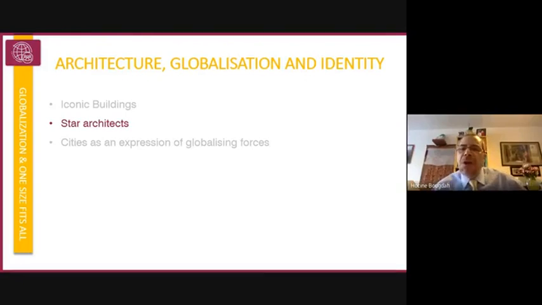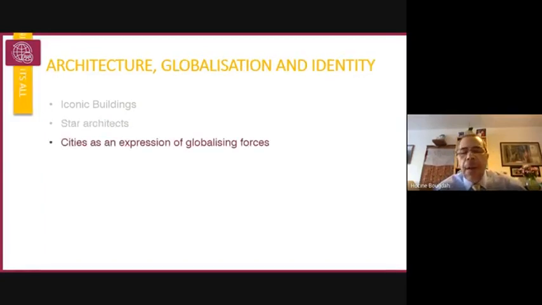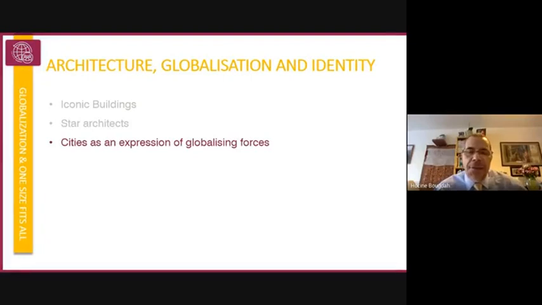Well, since we know a lot about star architects, I'll move to the next one. The city as an expression of globalizing identity is really given that the major decisions are taken by financial institutions and their allies, whether it be the star architects or the globalized decision makers.